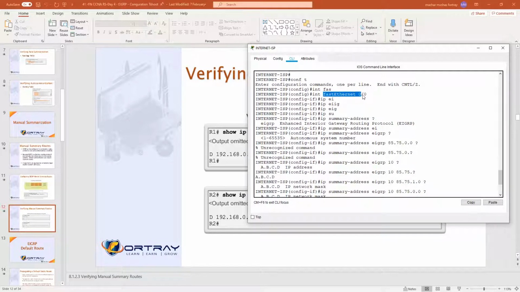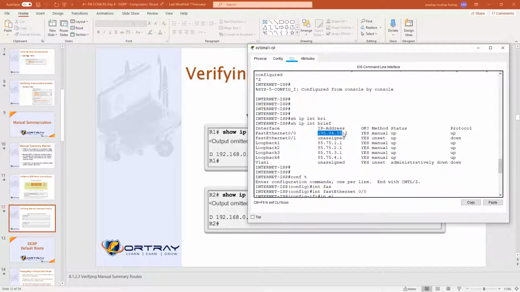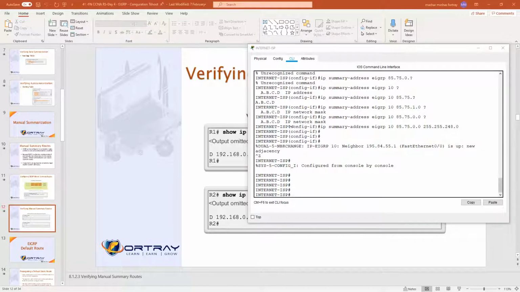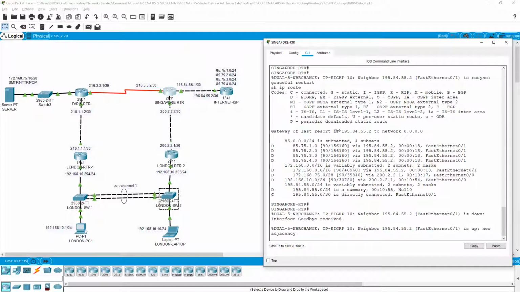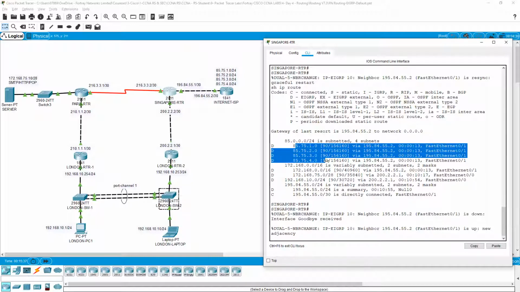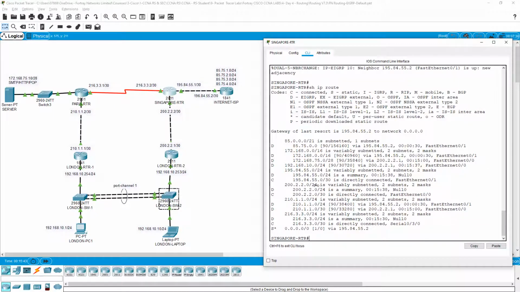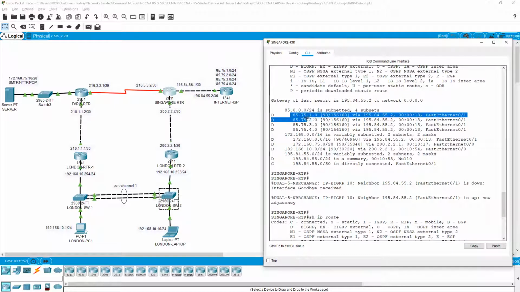On the interface where we have enabled EIGRP, I went into the interface and entered IP summary address EIGRP 10, the network 1.0, and said minus 3 will be 248. Now right now you see there are 4 subnets. How many are we receiving now? I'm not receiving /24.